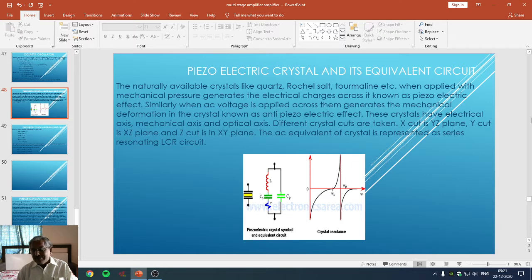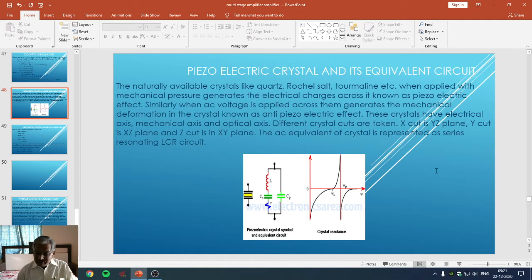After studying the piezoelectric oscillator, a new oscillator we are going to study is known as a crystal oscillator or Pierce crystal oscillator. So to study that Pierce crystal oscillator, one has to go for what we mean by crystal.